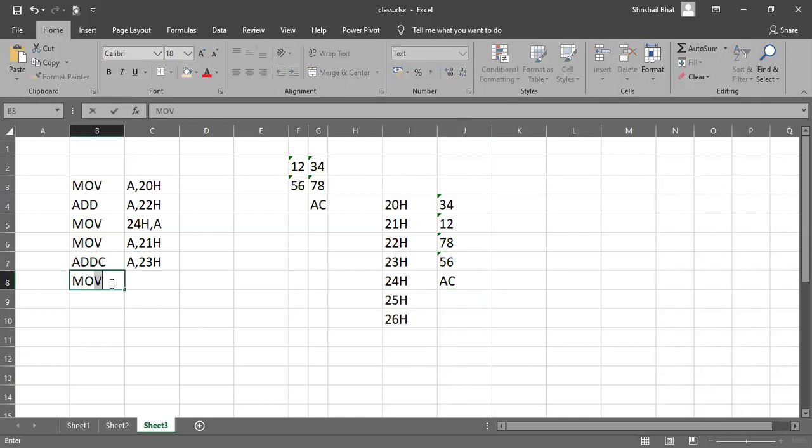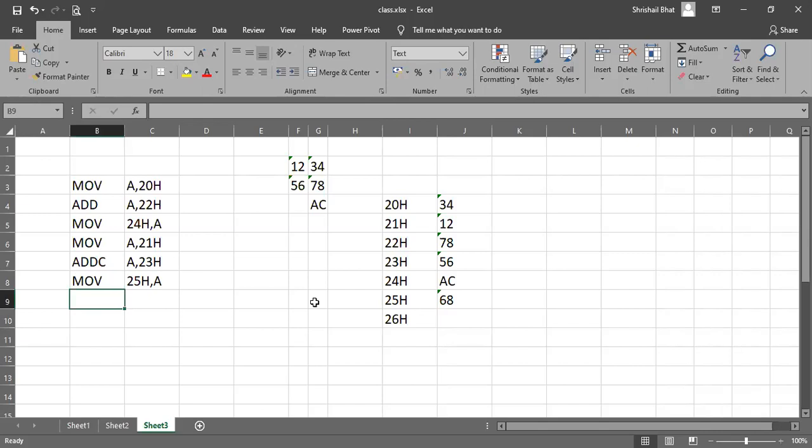So I can write move 25H comma A. This will copy the sum of 12 plus 56 plus carry if it was there. There is no carry. 12 plus 56 will give you 68. That will be copied in 25.